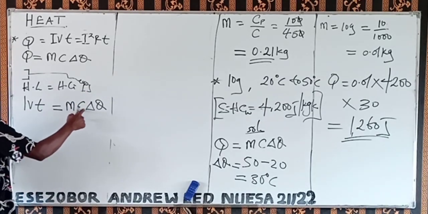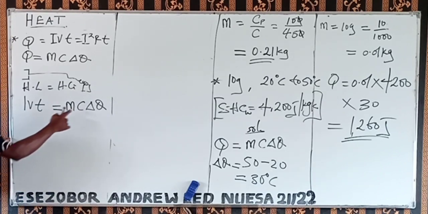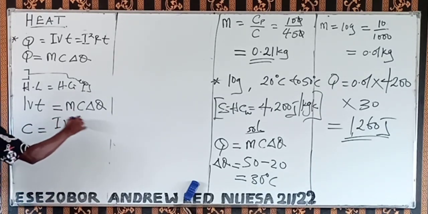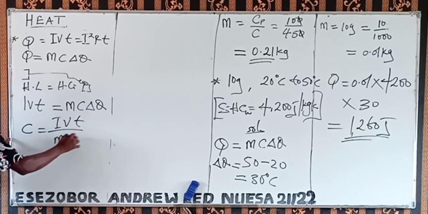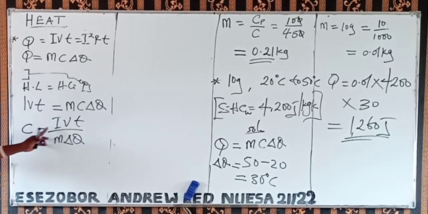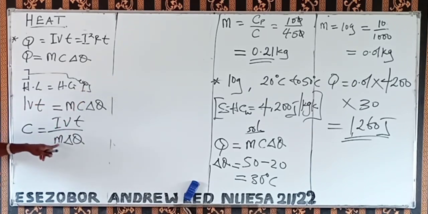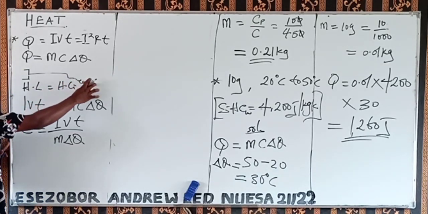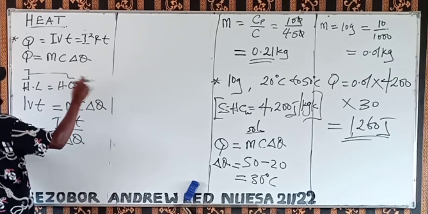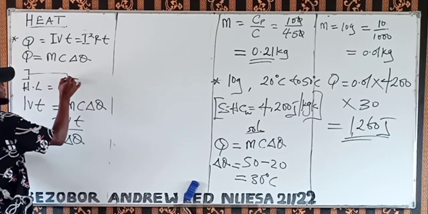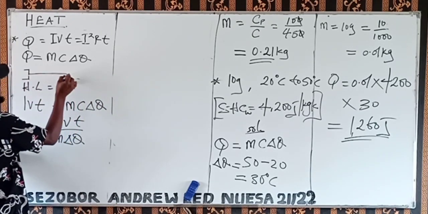So, that's okay. What is the specific heat capacity of this body now? I want to make C different from what I'm saying. C is equal to IVT over M change theta. So this is how you now measure the specific heat capacity of this body here. Now if you know the mass and you know the change in temperature, you are ready to go to measure the specific heat capacity. Now if it is a liquid, let's say you have a ring boiler. Let's say you place a ring boiler like this, you just plug the ring boiler,